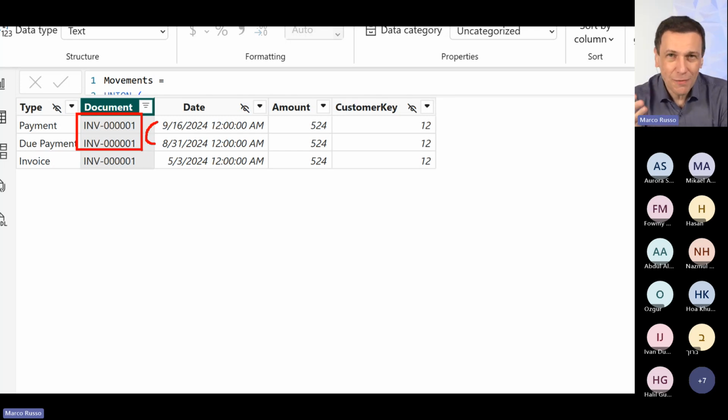I mean, you can write this code, but it's long and it is very, very, very slow, also with a relatively small amount of data. So we don't want to use this model because this model is hard to query for our goal. Again, you have to model according to the reporting requirements. And so this is not a model that is good for our analysis.